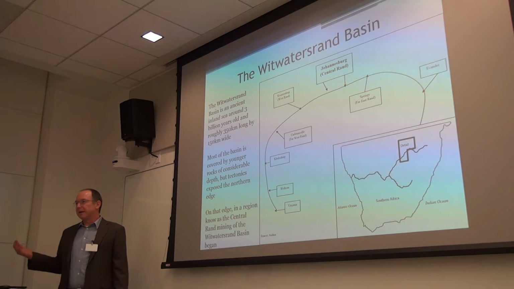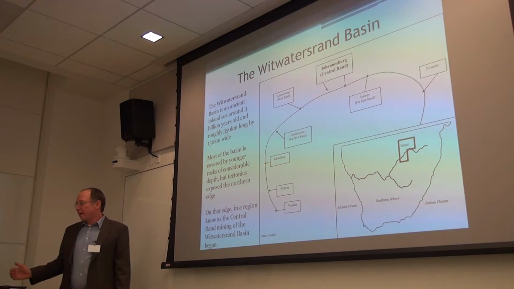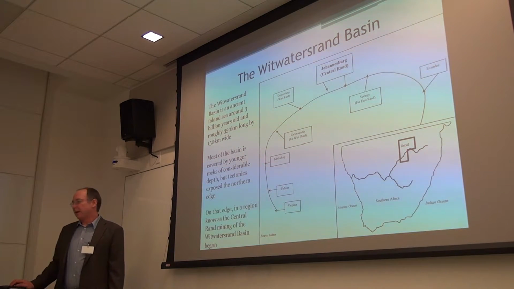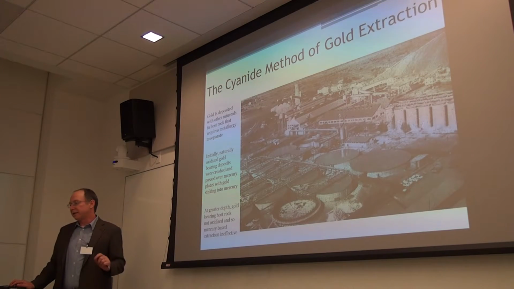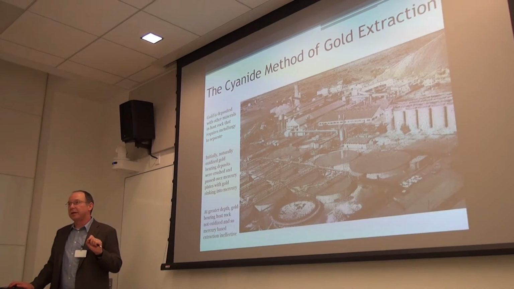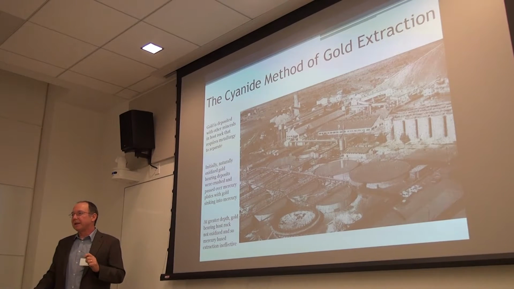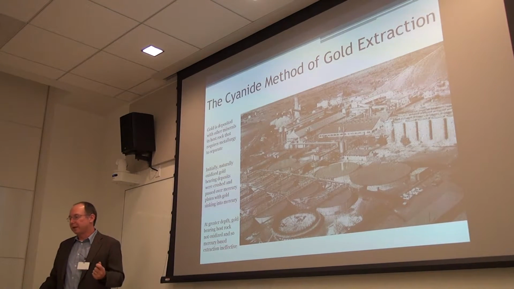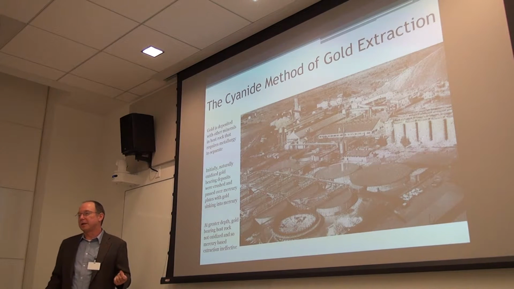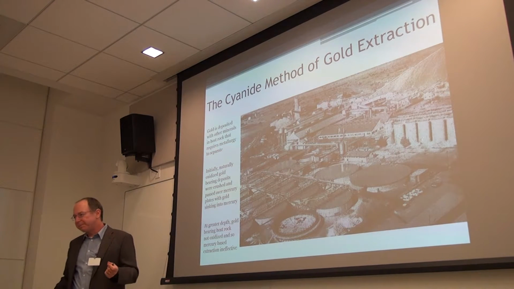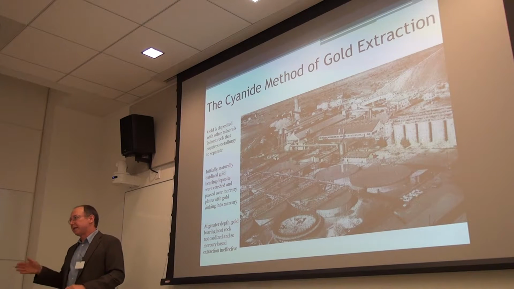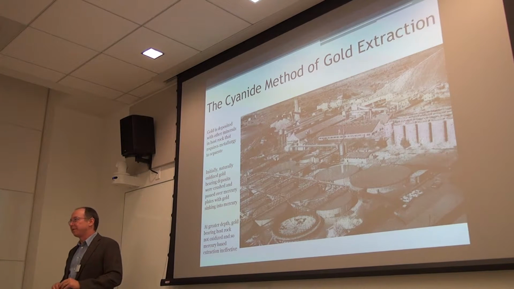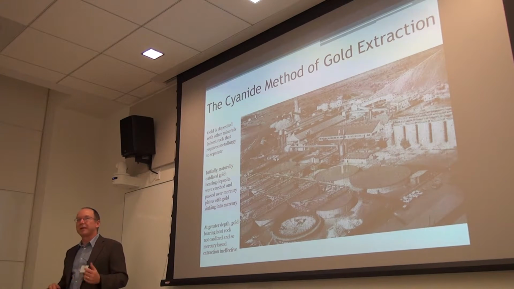There had been some technologies, but there was nothing that was certain. And there were leading technologies that could extract that gold, but nothing had been shown to work at a real industrial level. There were some lab technologies. And the two leading challenging technologies were chlorine and cyanide. And we go into a lot of detail about the technology that's not particularly relevant for our story here today. But